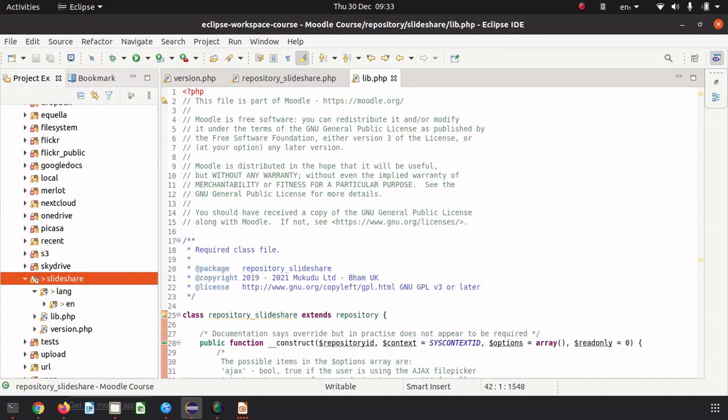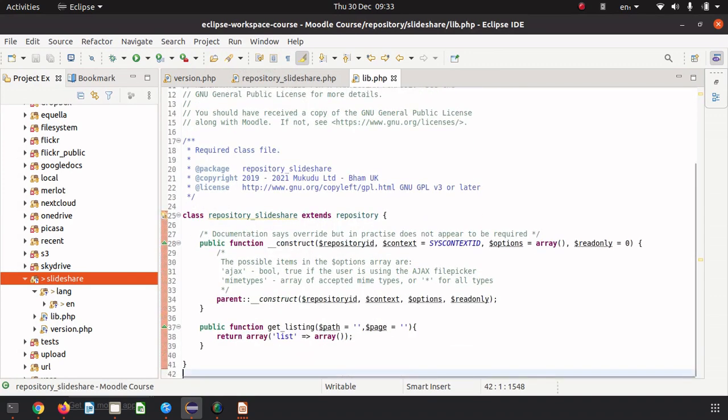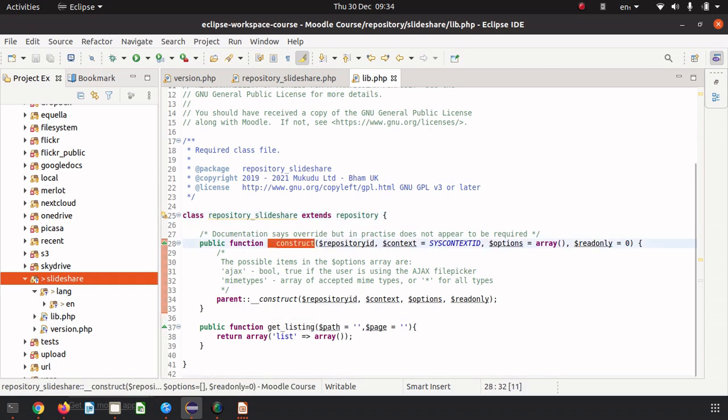So this is our lib.php, the usual stuff at the top. So we've got our repository SlideShare, which is our Frankenstein name, extending repository. Okay. So here we have the construct function. Documentation says you must override it, but in practice doesn't seem to be required. But I've put it in anyway. And you have to call the parent construct at the end of that